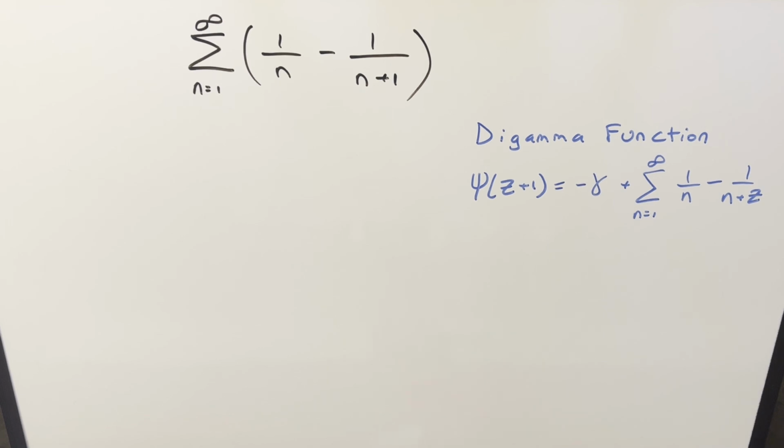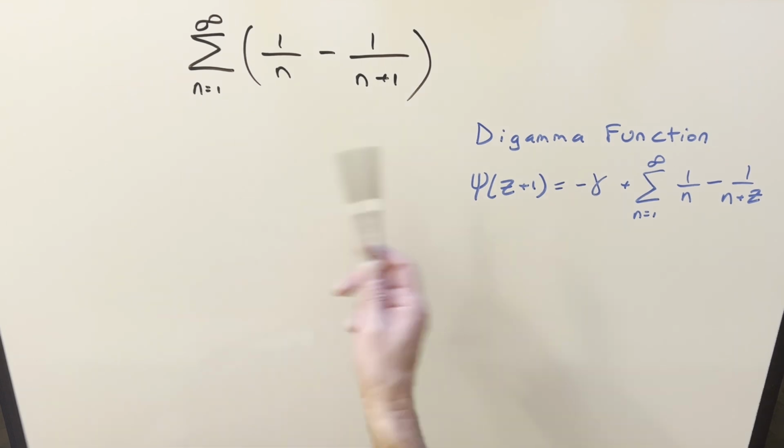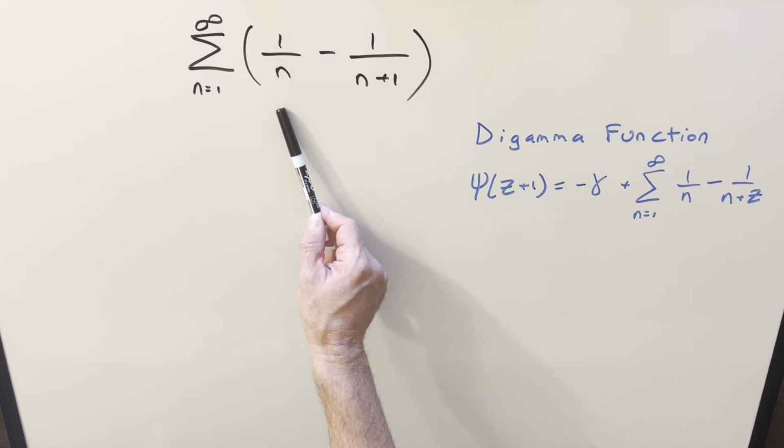Okay, we have here today an interesting sum. We've got the sum from n equals 1 to infinity of 1 over n minus 1 over n plus 1. I've been doing a lot of problems a lot like this. I know I did 4n plus 1, 3n plus 1, 2n plus 1. It's all very similar. I've kind of been cycling through a lot of the same methods. I just like to overkill it, particularly with the Digamma function. I just feel like doing a lot of problems with the Digamma function, even though you'll notice we don't need it